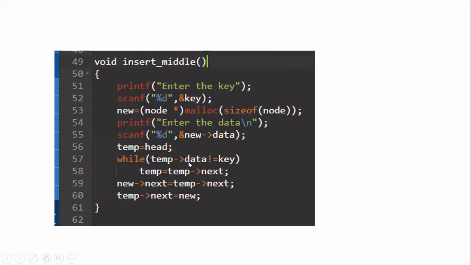Okay, when you got your key, you have to come outside the loop. When you come outside the loop, you have to make two changes in the pointers. The first change in the pointer is whatever was previously pointed by temp, that should be currently pointed by the new node. So this is done. After that, the new node should be